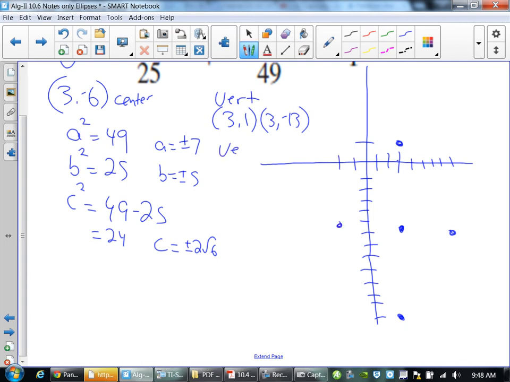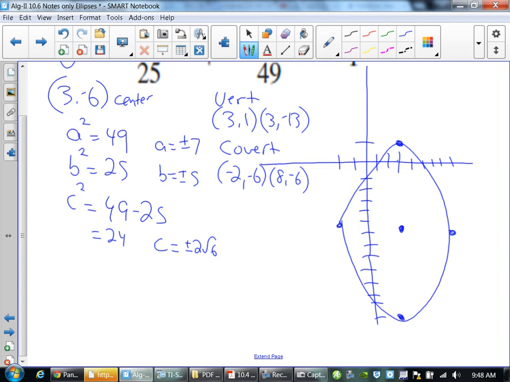So my co-vertices are negative 2, negative 6, and 8, negative 6. What am I forgetting to put in? The foci. The foci, if I'm stretched vertically, what direction do the foci go? Vertically. So that means my foci,